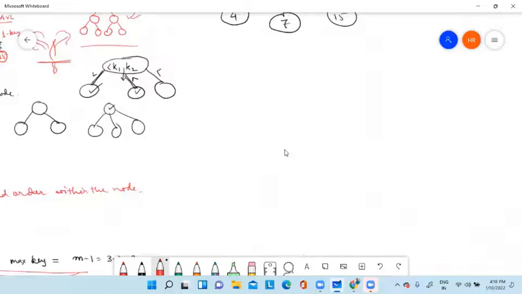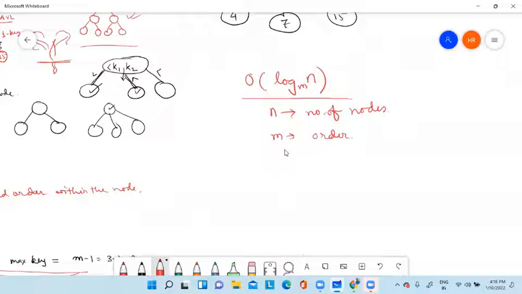So searching time is, remember, order of log n base m, where n is number of nodes, and m is the order. And order, we already know, order means maximum number of children.